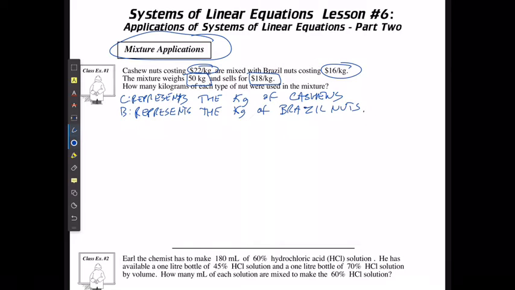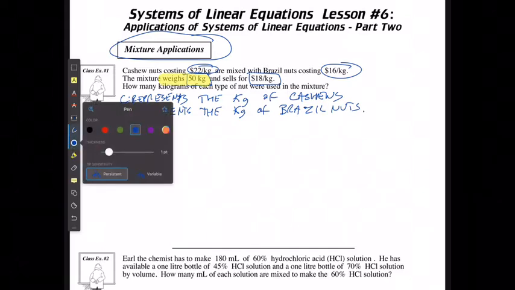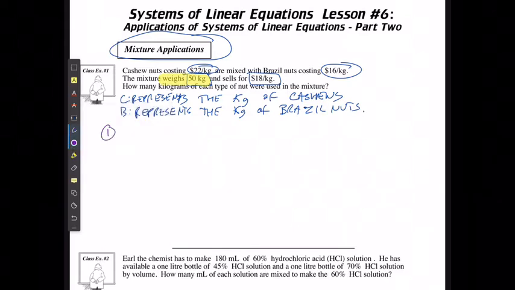Now, for my equation 1, I'm going to pull that from the weight. So if C is the weight of the cashews and B is the weight of the Brazil nuts that I purchased, then equation 1 is going to be the weight of the cashews plus the weight of the Brazil nuts is going to equal the total combined weight of 50. For equation 2,